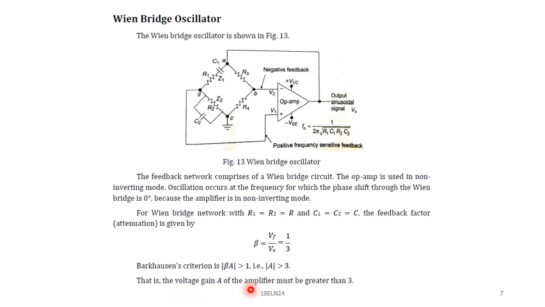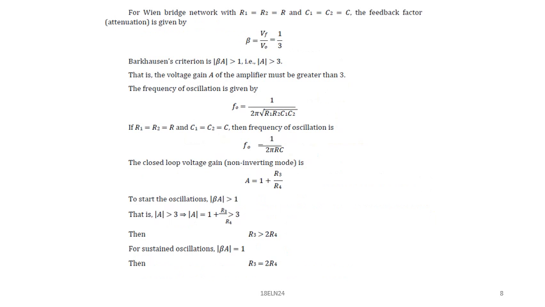That means the voltage gain A of the amplifier must be greater than 3. The frequency of oscillation is given by,